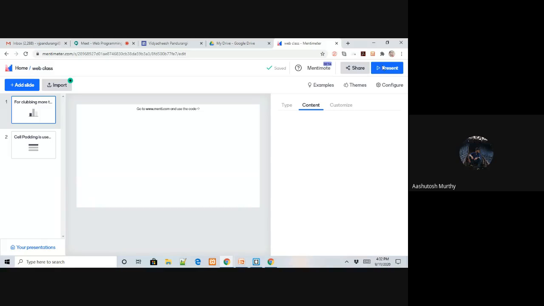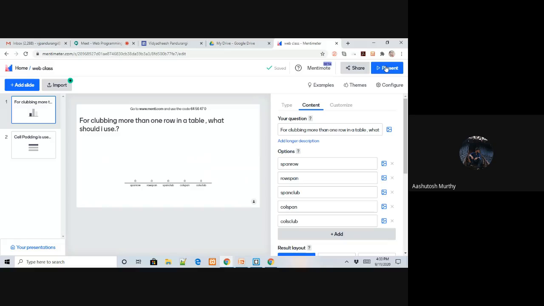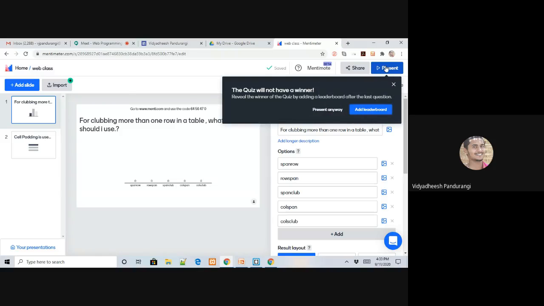The site isn't even loading in the browser. Yes, the code is 6456470.